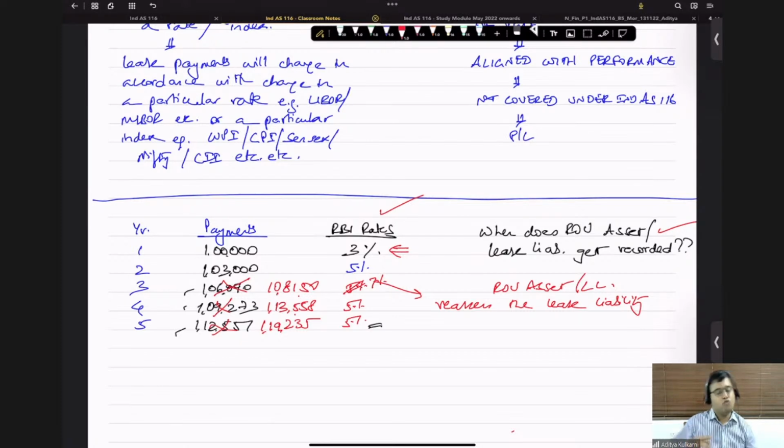Sir, we will just do this then. Every year we assess, every year we reassess, again reassess, means this is a very big exercise, because reassessment means you know what will happen, lease liability will change, with lease liability finance cost will change, with lease liability ROU asset will change, with ROU asset depreciation will change. So every year we will have to keep changing things. So therefore the standard here tells,